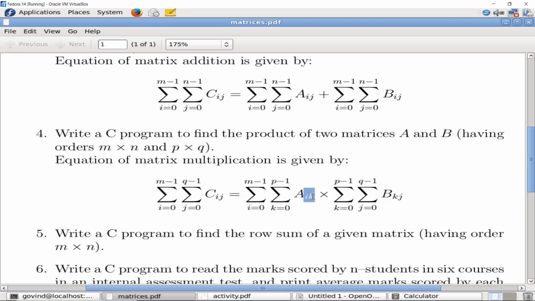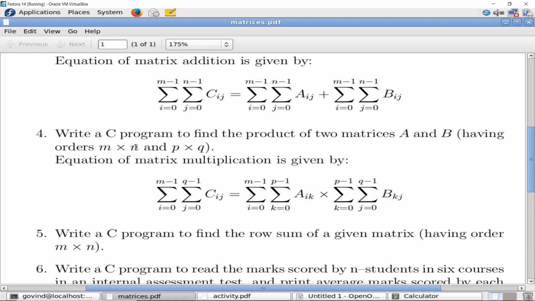What will be the order of this ik? The number of rows in matrix A will be m, and the number of columns in matrix A will be p. What about B? When you are multiplying, the number of rows in matrix B will be p. Note here, this k and this k are the same. That's why the columns of the first matrix will be equal to the rows of the second matrix.